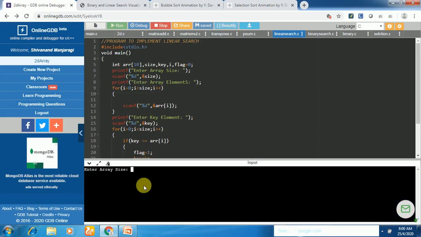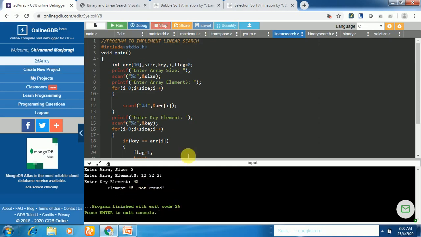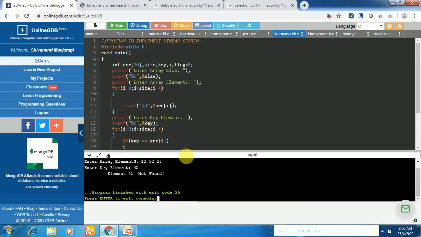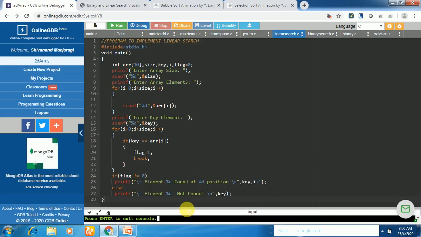This time I'll enter array size as 3, array elements 12, 32, 23. Suppose that you are searching for 45, so you should get output as the element 45 is not found. So that is the result we got here. So that is how the linear search is going to be executed.